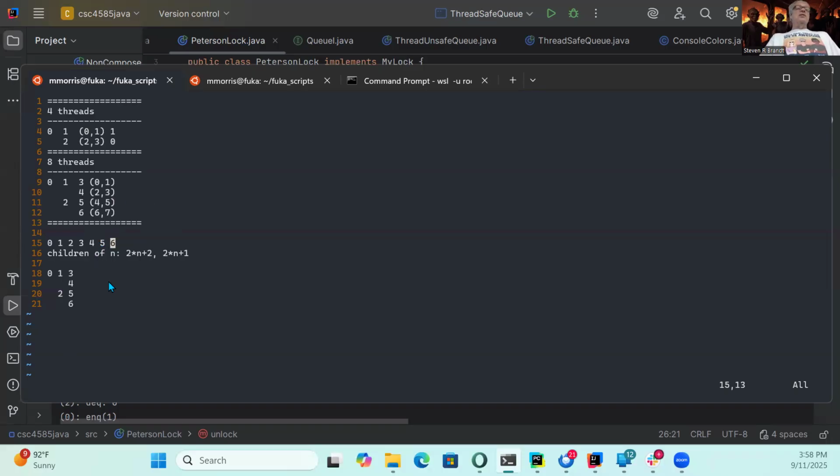Now what I need to do is map, and I see how I can just write this as an array here like this. My tree can be represented as an array. I just have to make it the right length and fill it with Peterson locks. Now the question is, how can I take my thread number and map it onto an element of this array? That's the question we have to ask ourselves.